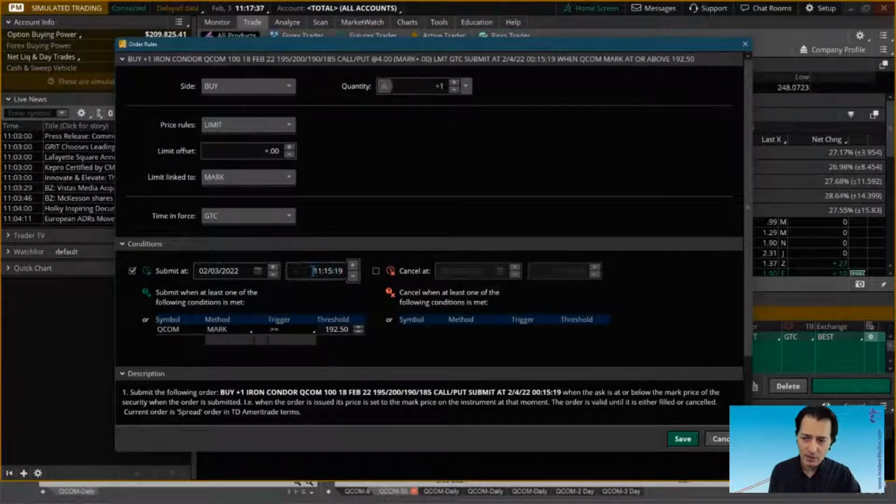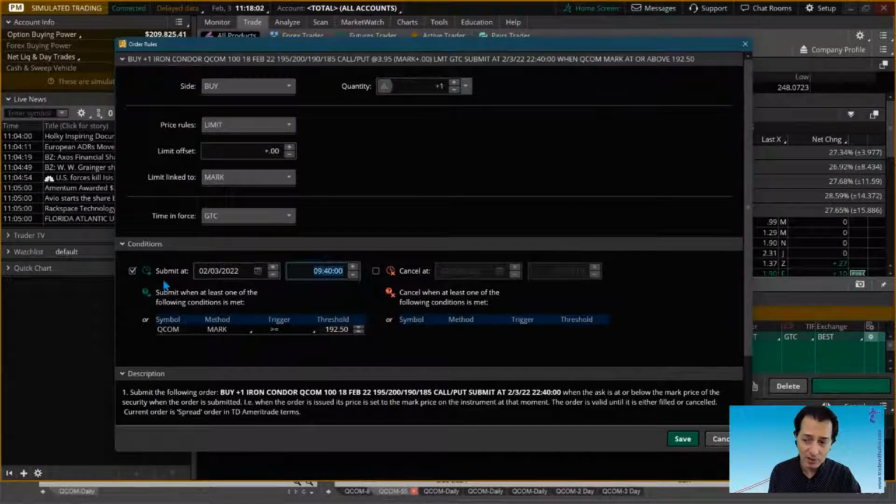A time condition where, for example, you say, look, I'm okay to get filled, but only if it's already, let's say, 9:40 in the morning New York time, meaning the market has been open for 10 minutes already and the spreads are starting to stabilize. The problem of doing that is that you need to come back here every day and change the date, because that condition does not allow you to